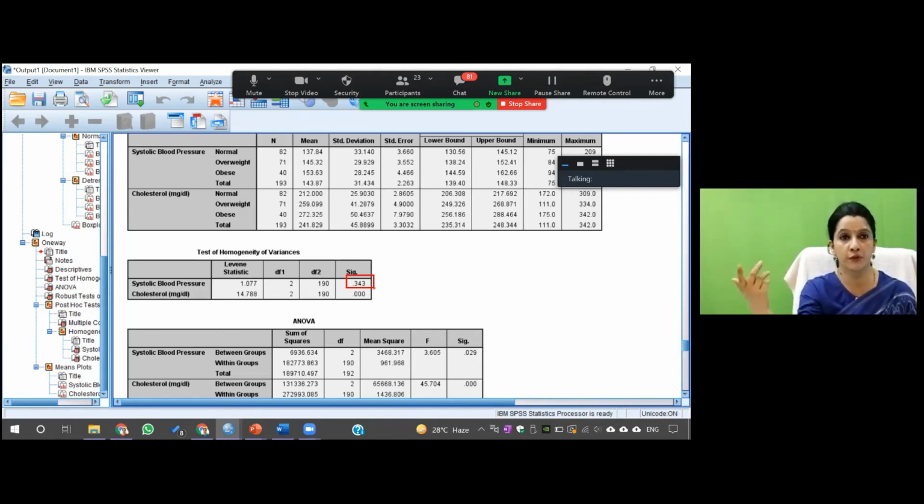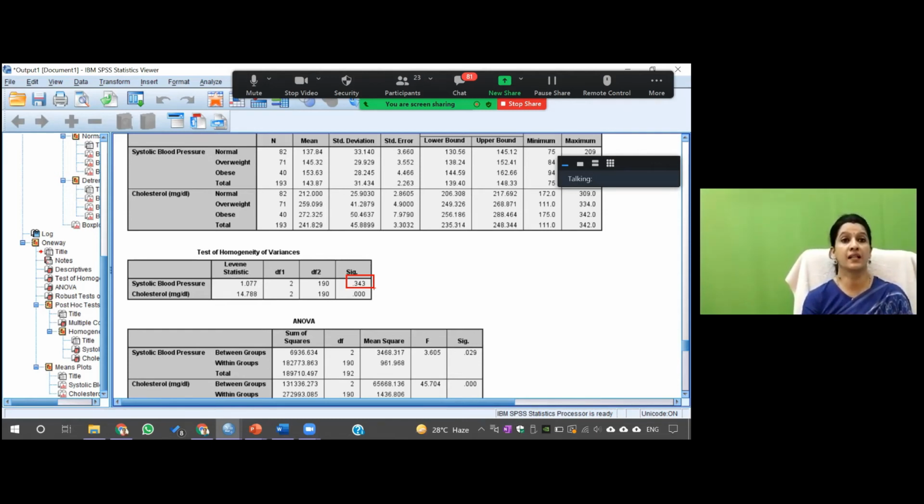There are a few situations where we don't want p to be significant. One was Shapiro-Wilk. The second is this Levene's test statistic, where if it is non-significant, it is favorable for us. So here the significance value is more than 0.05, isn't it? 0.34 is more than 0.05. That means this is not significant, which means that equality of variance is assumed.